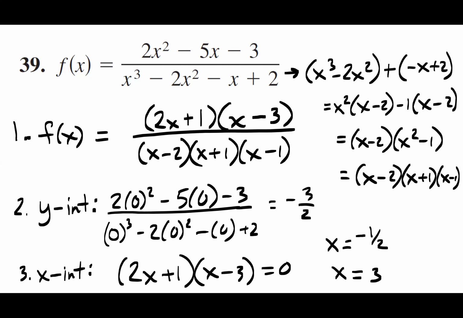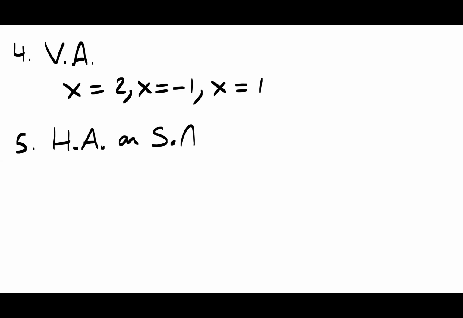We have vertical asymptotes to do and horizontal asymptotes. Number 4, vertical asymptotes. So here is where the denominator is set equal to 0. And if you set each of the denominator pieces equal to 0, we're going to have ourselves vertical asymptotes at 2, 1, and -1. All right, horizontal asymptotes then. Slant asymptotes we did not cover, right? But horizontal asymptotes,